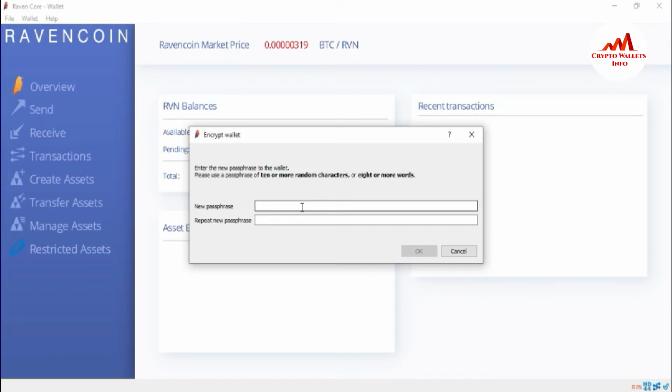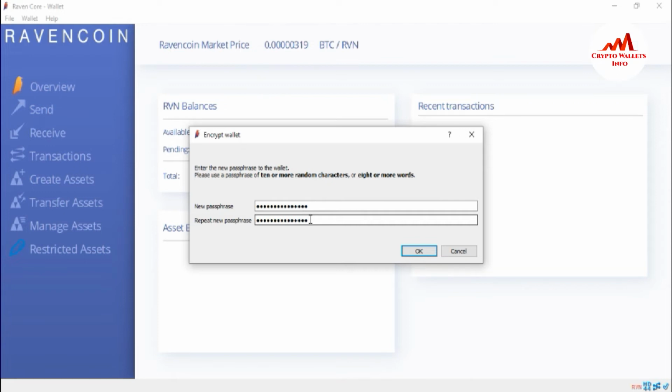Okay, so I'm going to first of all enter my strong password here like my bank account, because I need to secure my wallet from scammers or hackers. So I'm just going to enter my password here. You must use alphabetic and numeric characters and also symbols in the password, and also write the password in a safe place like your personal diary, because sometimes you need to make a transaction, so you must remember your password. If you forget your password, then you cannot make any transaction.